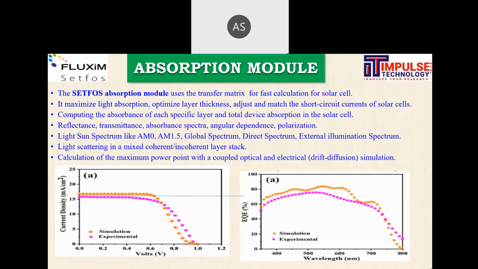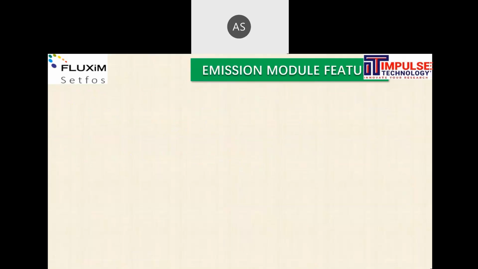These are some experimental comparisons between the simulated one and the experimental one using SAT4. So you can find how reliable and accurate the software is, comparing simulated and experimental results. This paper was published with IIT BHU, and the reference of this paper is also given, which is from 2020. There are so many papers where you can find how useful the software is for your solar cell modeling.